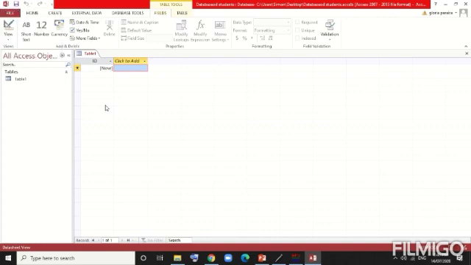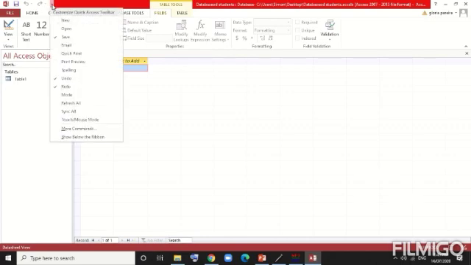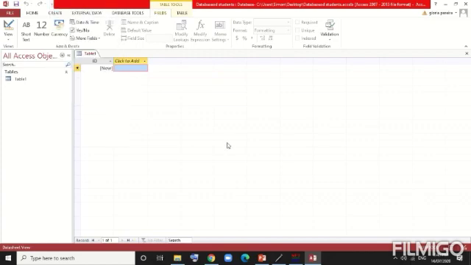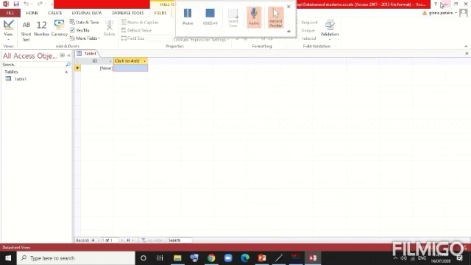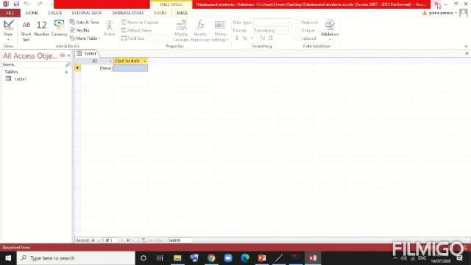To the right of the Access icon, the quick access toolbar is given. Can you see this toolbar? This is called the quick access toolbar, and through this we can use the undo, redo, and save options, and if you want to add more options to it, you can add them from this particular button. At the right end of the title bar, there are four buttons: help, minimize, maximize, and close.